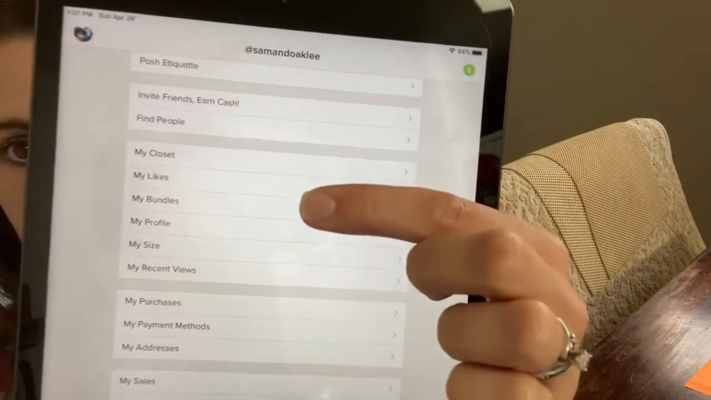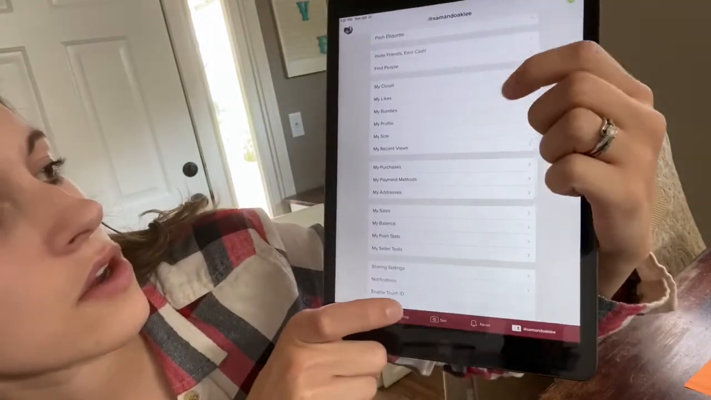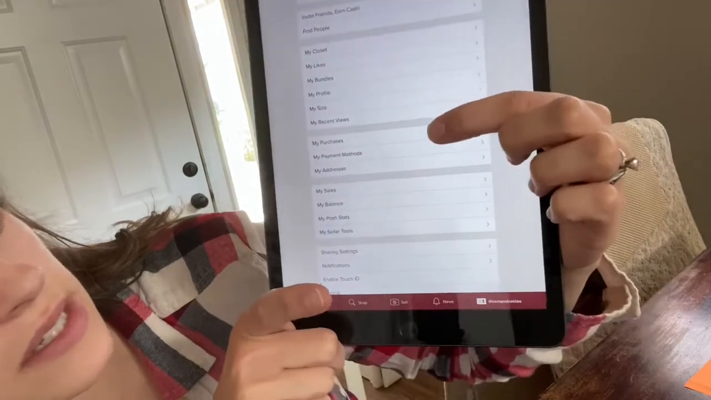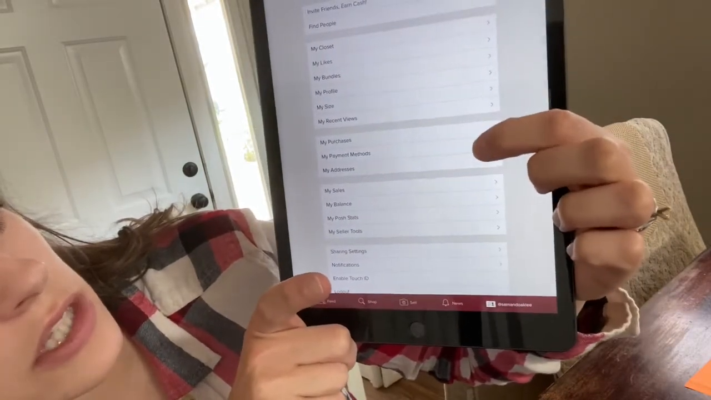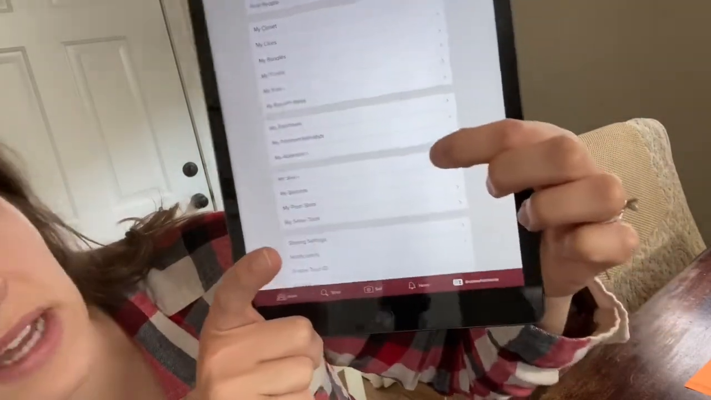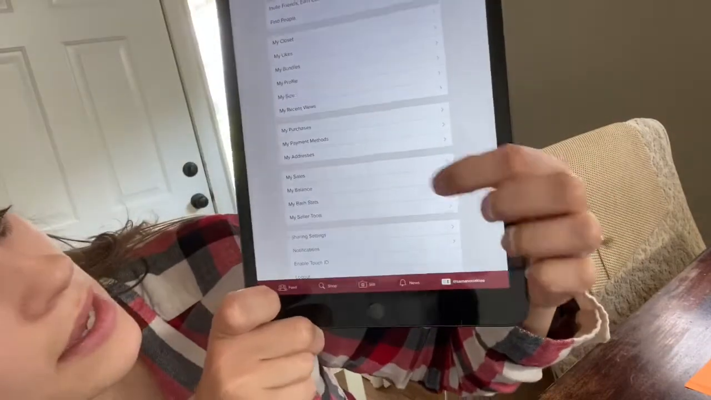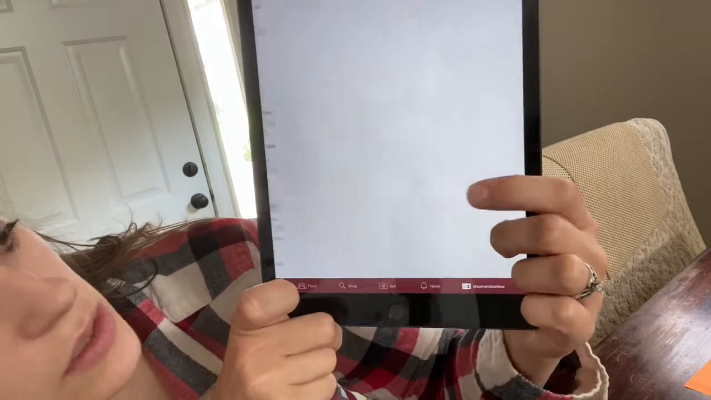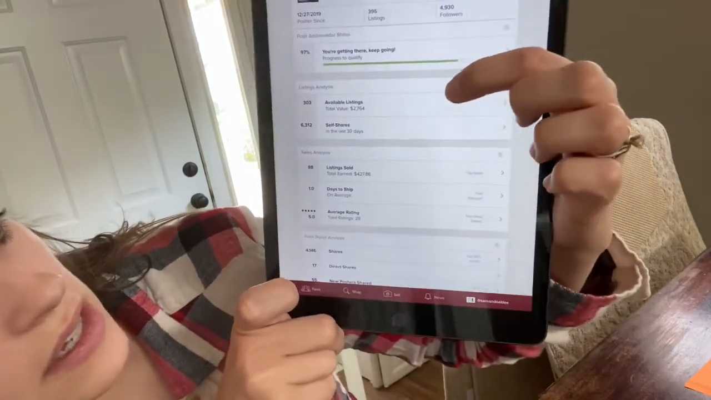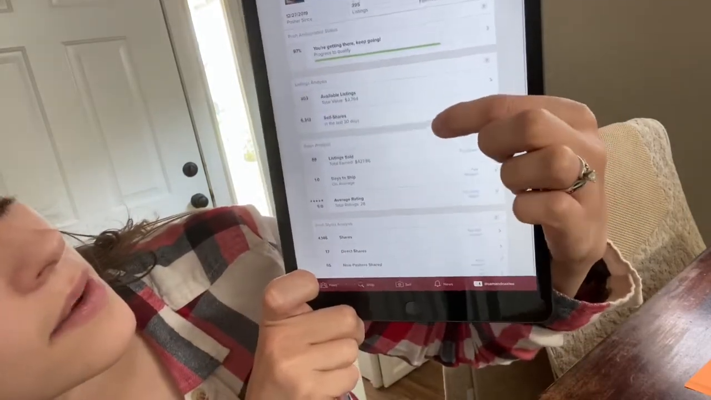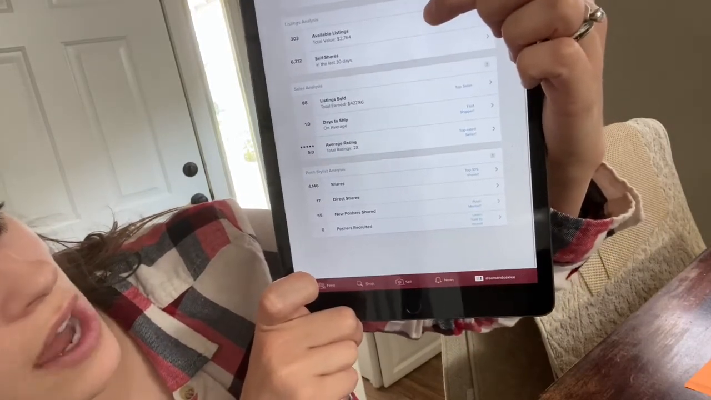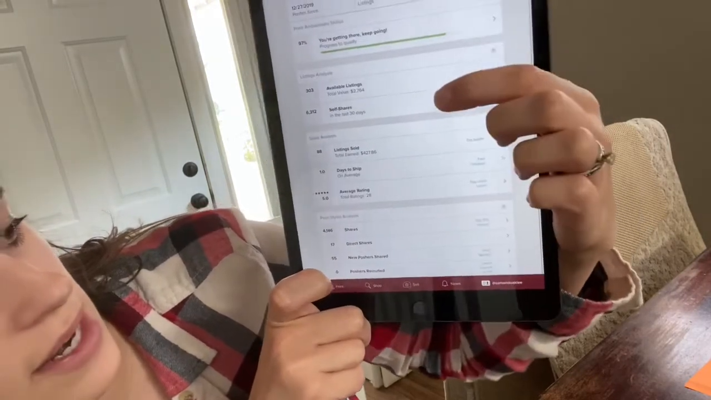There's your closet, your likes, bundles. This is all the main stuff that you want to know about your profile, your size, your recent views. There's also my purchases and the ways you want to pay. And then there's my sales, so the sales you make, my balance, how much money you have. My Posh Stats is where you can see how many sales you've made, how many are available, how many you've sold, your average days to ship, your average ratings,